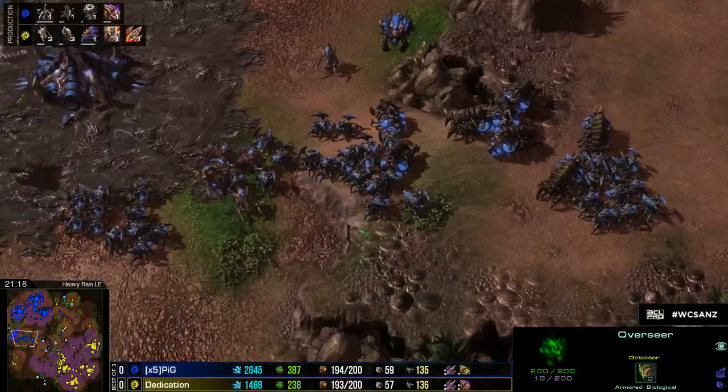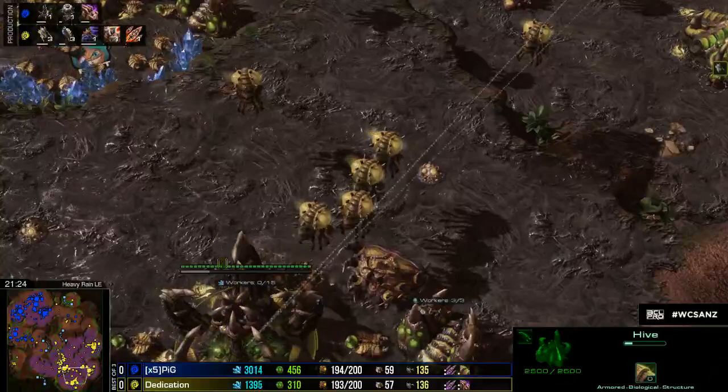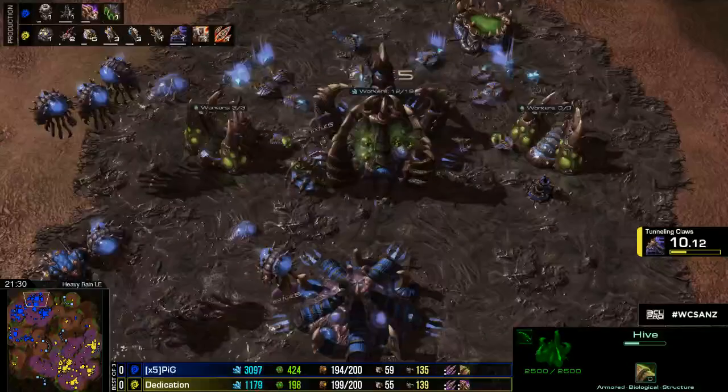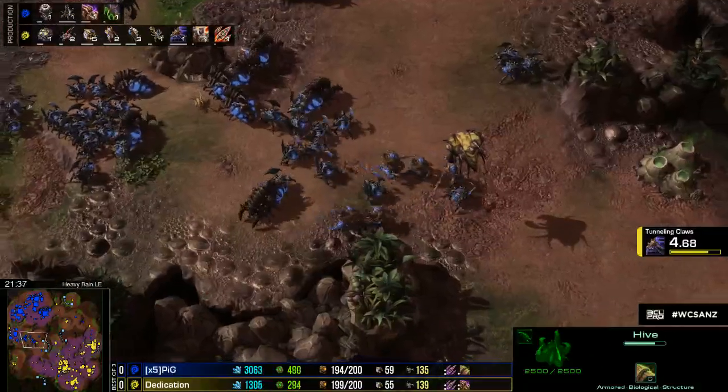Completed, we don't know at this point. But Pig, he's got the hive about to finish. The hive did finish though for Petraeus. He starts his 3-3 instantaneously, but we do have a spire now on the way here for Pig while that hive is completed. So we're going to see a bit of a faster Broodlord transition here from Pig